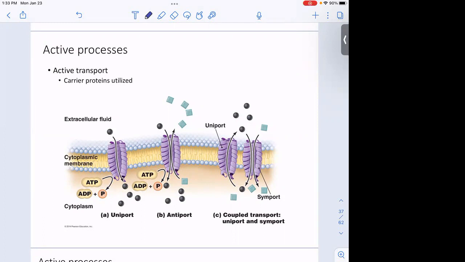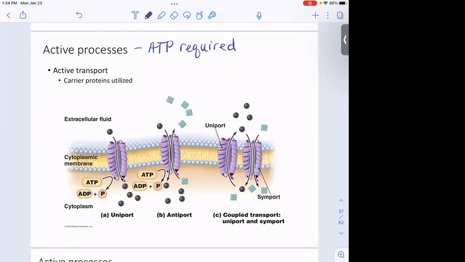Okay, so thinking a little bit more about transport through a membrane. Remember, if it's some kind of passive process, that means that no ATP is required. If it's an active process of transport, then ATP is required. The cell has to spend some energy in order to do that. And I don't really need to get too caught up in these different names like uniport and antiport. The main idea here is that there's some kind of carrier protein that's necessary in that plasma membrane, and again, ATP has to be spent to bring whatever it is, a nutrient or whatever, into the cell.